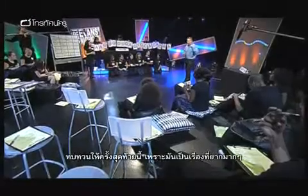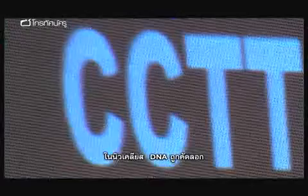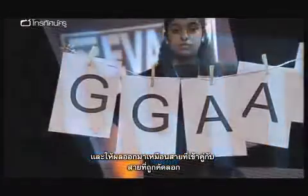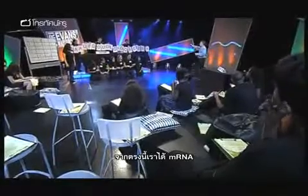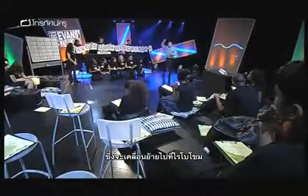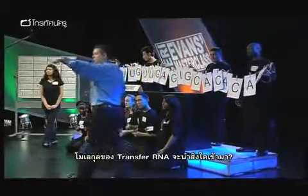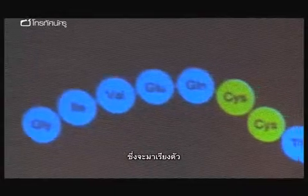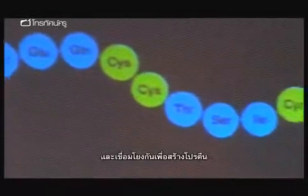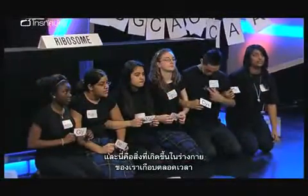For a final time, because it is so hard. In the nucleus, the DNA is copied using the complementary base code. From this, we form messenger RNA, which goes to the ribosome. Transfer RNA molecules bring in what? Amino acids, which then bind to form a protein. Fantastic. This is vital, and your body is doing it at this very moment, millions of times over,